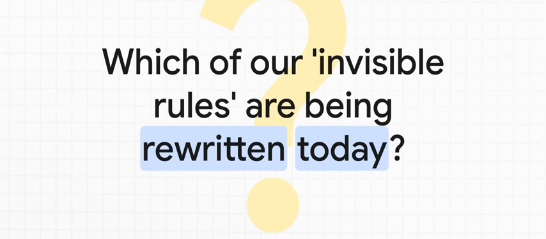And that brings us to our final thought. Now that you can kind of see the invisible blueprint that structures society, you can start to ask a really interesting question. Which of the rules that shape our lives are being rewritten right now? What are the debates happening around family, or power, or work? What will those institutions look like for the next generation? Because the blueprint is always a work in progress.